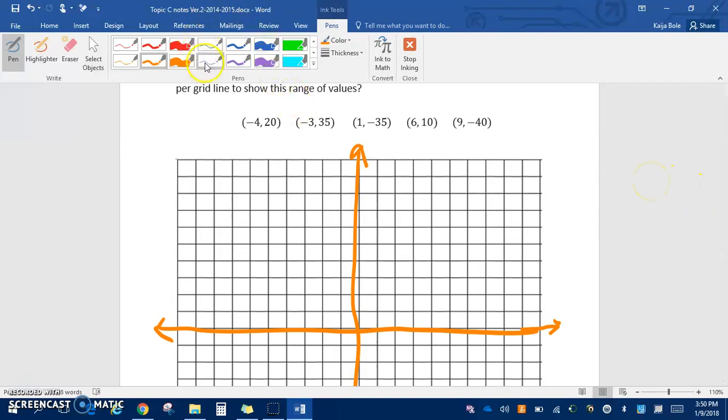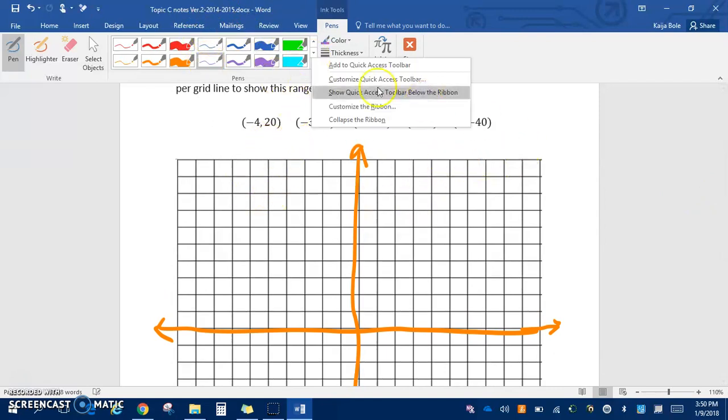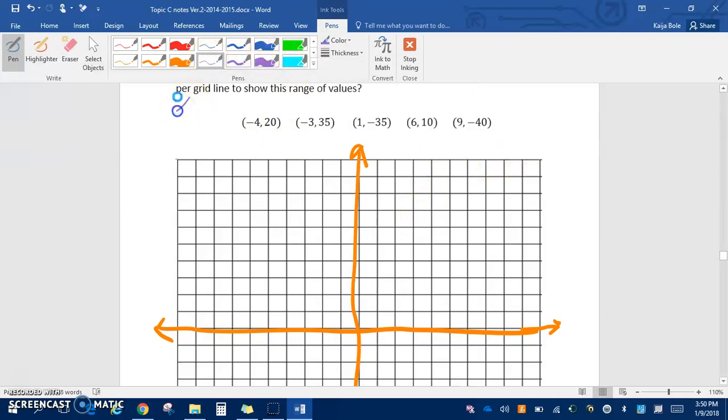So when we look at our x values up here, we've got some pretty small numbers that don't go any bigger than 10, so we could say that our x scale would probably be 1. I think that would work for us. But now our y scale, look at those numbers. We've got some pretty big numbers, but they're all divisible by 5,